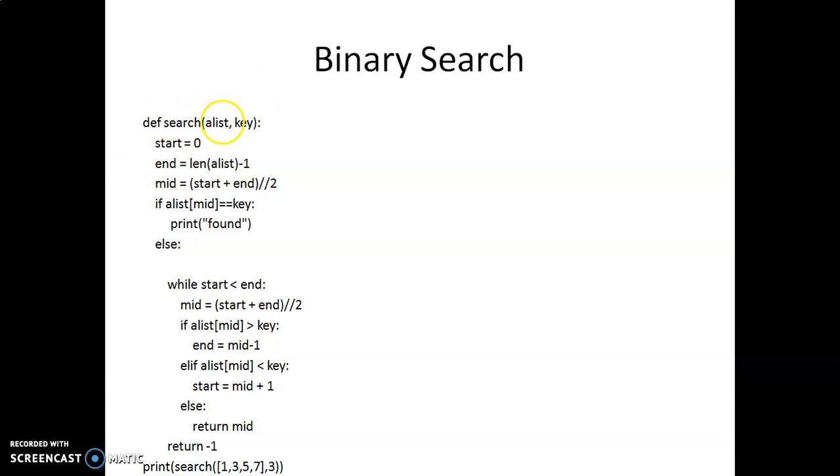Then I will find the mid of the list. As you remember, when you find the mid of the list, you will use an integer value here, but I'm not going to use any integer data type here. That's why I'm using the floor operator to calculate the integer value. It will return the integer value. Then if list of mid is equal to the key, the element that I'm going to search here, then I